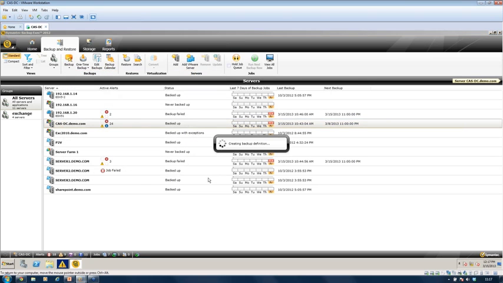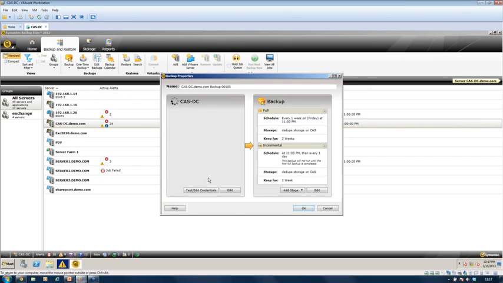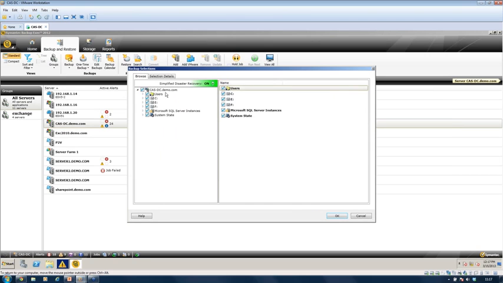So if I choose back up to dedupe disk, for example, it shows me what I'm going to back up. So it's found that SQL's already on this machine, it's automatically discovered that. If I go to edit, then I can be more selective. So at the moment it's backing up everything for this server, and simplified disaster recovery is switched on like I was showing you earlier, which means the system state and the system volume are being backed up. But I could be very selective and just choose to back up SQL, for example,